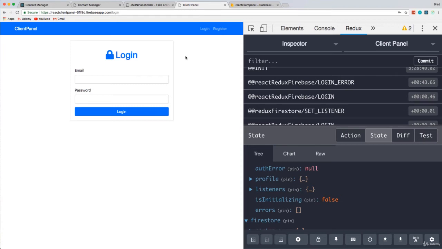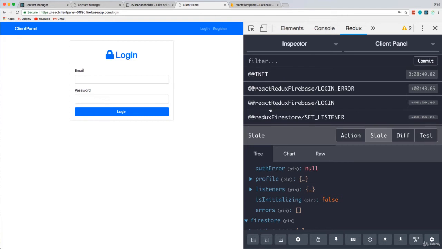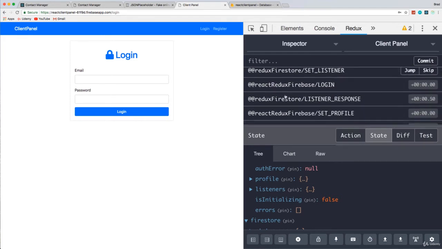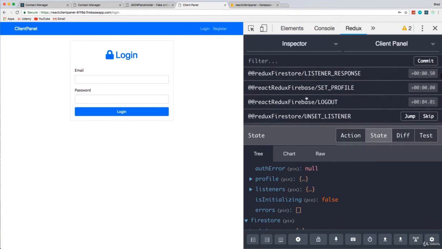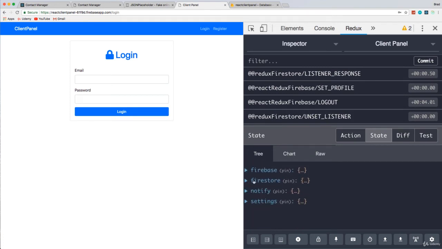We're also using a library called React Redux Firebase that is really, really cool because it has its own set of actions. It has its own state. In our state, you can see we have Firebase, and we also have Firestore, which is the newer cloud database that Firebase uses. So when we log in, for instance, our auth data will get put into our state. Right now it's empty,